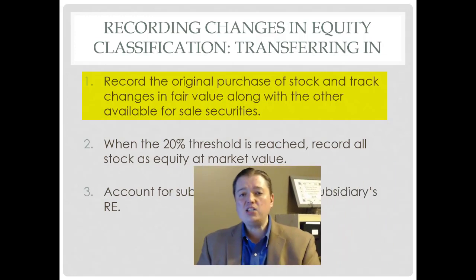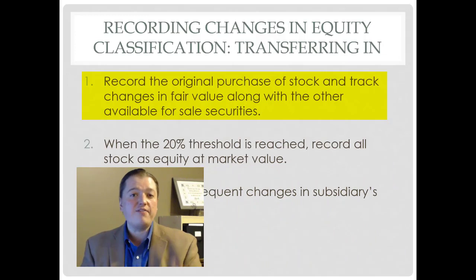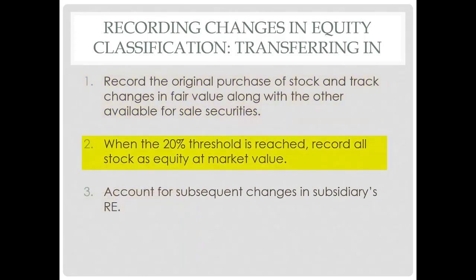As we continue to buy stock, we'll just keep putting it in that available for sale portfolio until we get to that 20% threshold for this subsidiary. Once we get to the 20% threshold, then step 2, we transfer it out of the available for sale portfolio and put it into an equity classification portfolio. Now, when we do that, we're going to record that transfer at the current market value on the day we got to that 20% threshold. And that's where this is going to affect retained earnings, because we'll have to show a gain or loss when